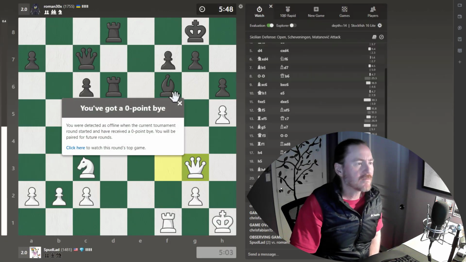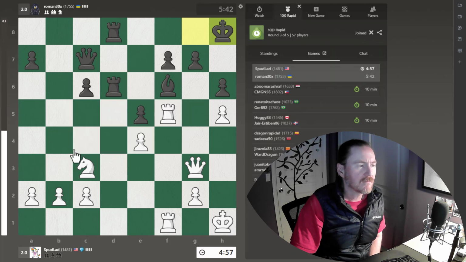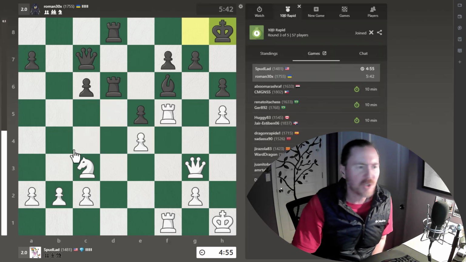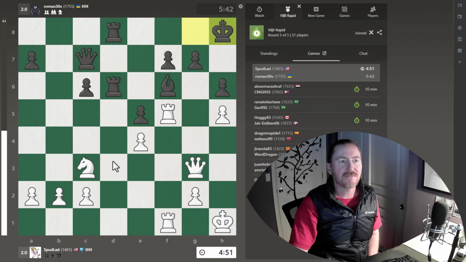All right. You were detected as offline when the current tournament round started and you have received a 0-point bye. You will be paired for future rounds. Click here to watch this round's top game. All right, yeah, I saw that pop up show up before, but I just didn't stop to read it or understand what it was talking about, so...